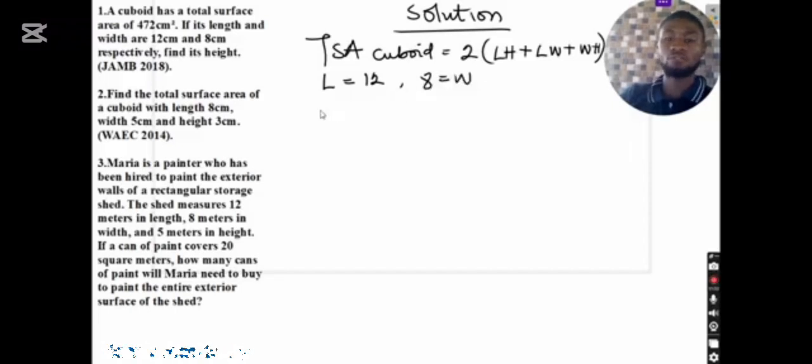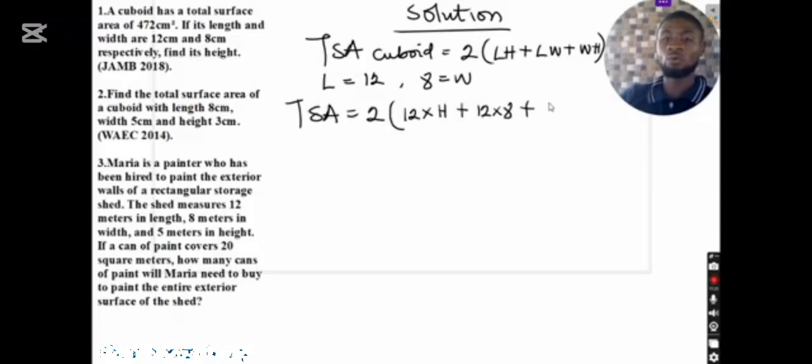So I can put it into the formula to say that TSA is equals to 2 open bracket 12 multiplied by height, I don't know, plus length 12 multiplied by W 8, plus width 8 multiplied by height, I don't know. So I'll say the TSA has been given already to be 472 equals to 2 open bracket 12H plus 12 times 8 is 96